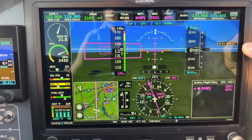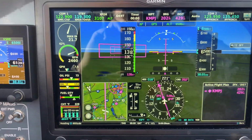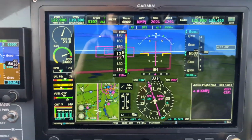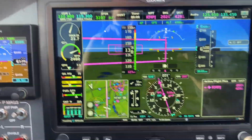It's this CAS message, Crew Alerting System, I think is what it stands for. And it just says that alternator 2 is off, which is as expected. I fly with alternator 2 off, and that's just a white message, so it's nothing I should worry about. The more important messages show up as either yellow or red, and they may blink depending on how bad the